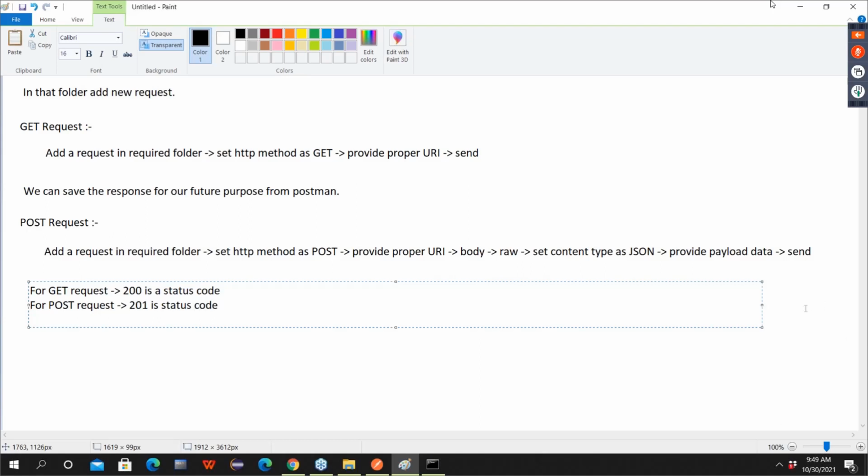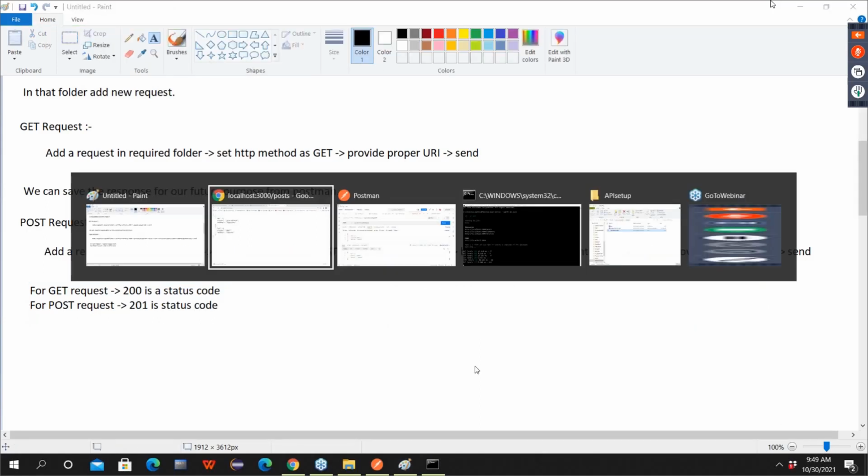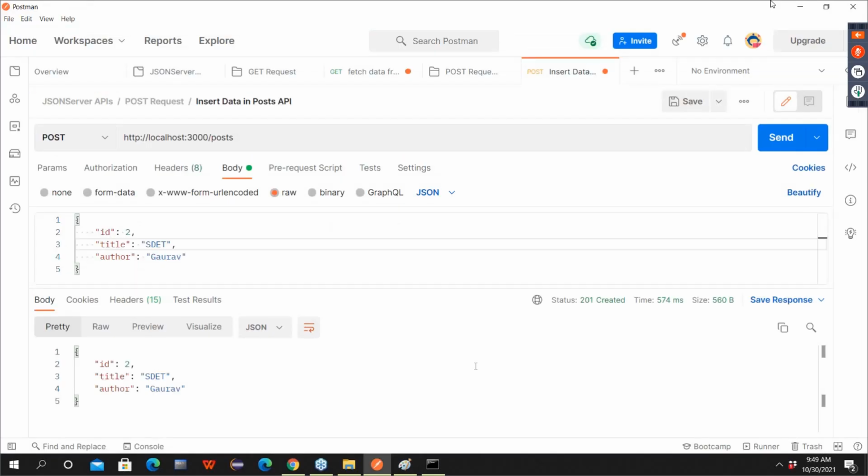Now, guys, let me show you some exploration of API testing. One time I send the request, it connects to the server and adds the data. Everything is fine. But now, if we send the request again, will it work? Same data we are adding again, same request I am sending again. Will it work?